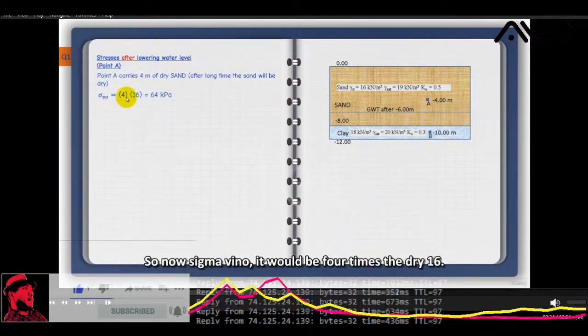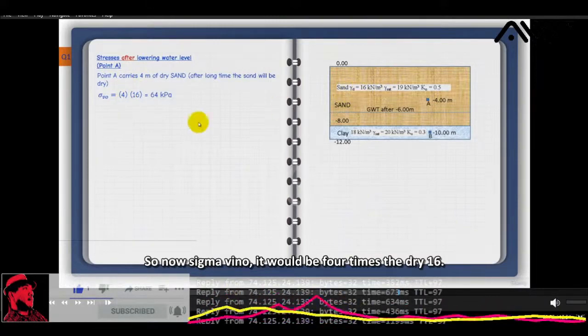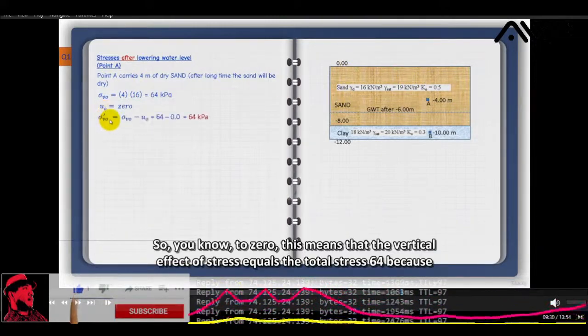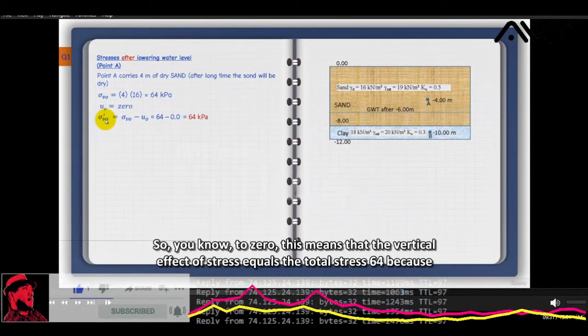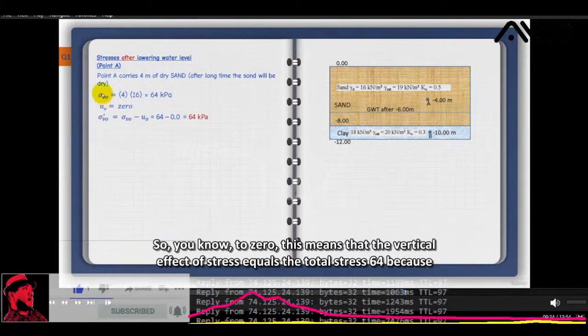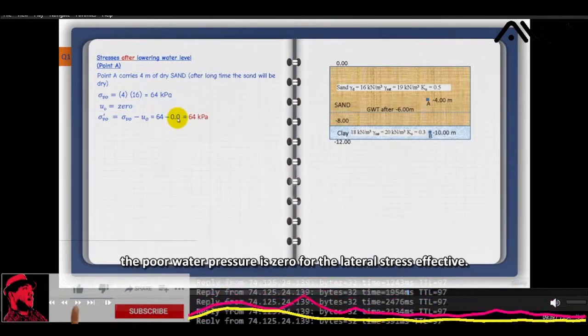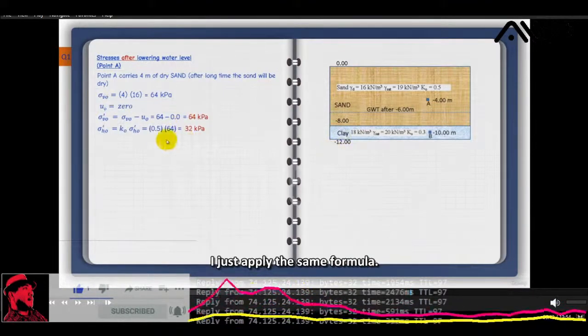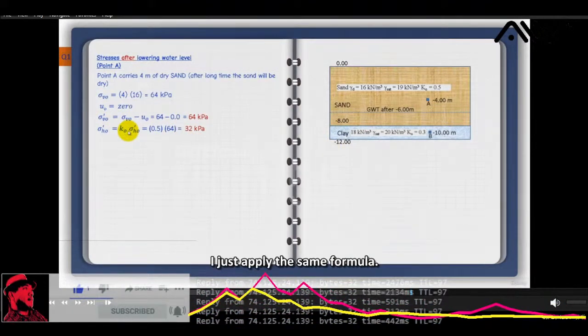So now sigma V naught would be 4 times the dry 16. I don't have water here to calculate, so U naught is 0. This means that the vertical effective stress equals the total stress, 64, because the pore water pressure is 0. For the lateral stress effective, I just apply the same formula. Again, the typo has been carried